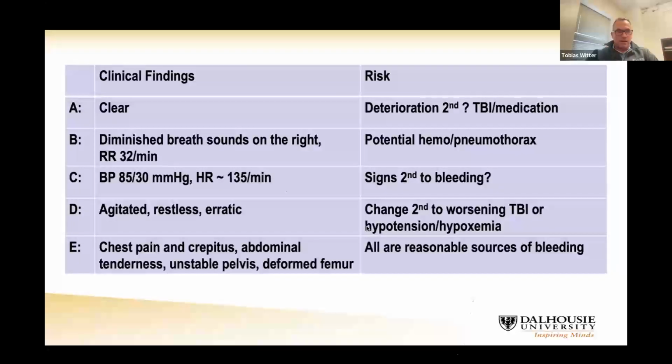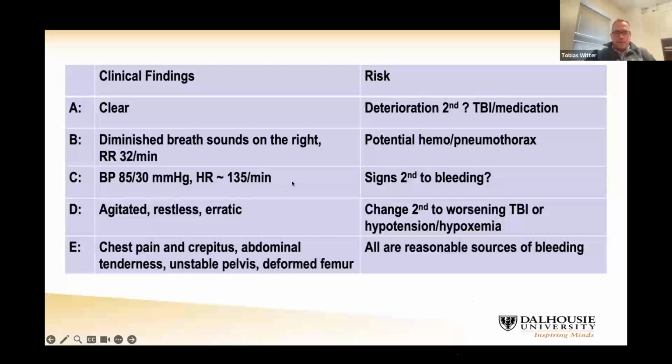In this case, again, when we look and think a little bit about our A, B, C, D, E, the airway is clear, but it may deteriorate at some point. Maybe he has a TBI, maybe we're going to give him some medication, who knows. But currently, there's no intervention needed from an airway point of view. Breathing, we certainly have clinical evidence that there is either a pneumothorax or hemothorax or a pneumohemothorax. So decompressing the chest is probably not a bad idea. With our blood pressure dropping and our heart rate going up, certainly there seems to be bleeding going on somewhere. And again, until proven otherwise, hypotension in the trauma patient is bleeding. So we certainly need to go on the hunt for that.